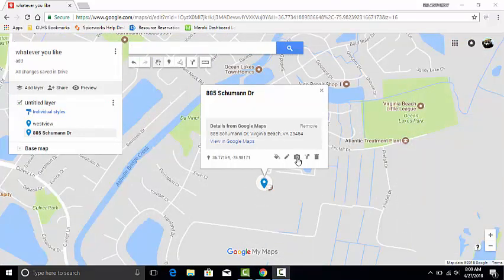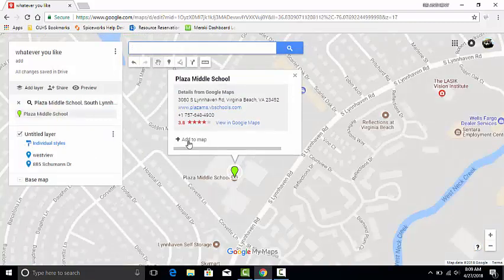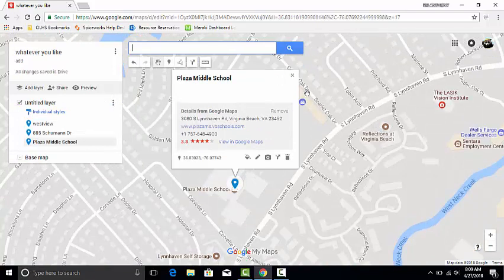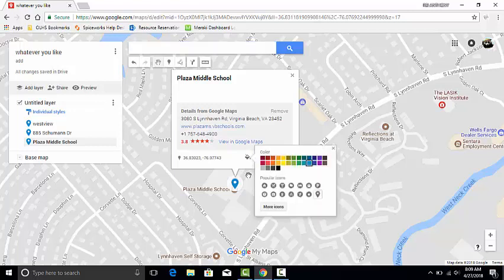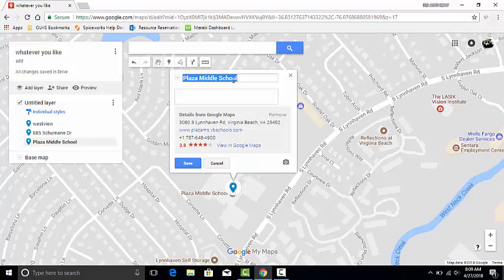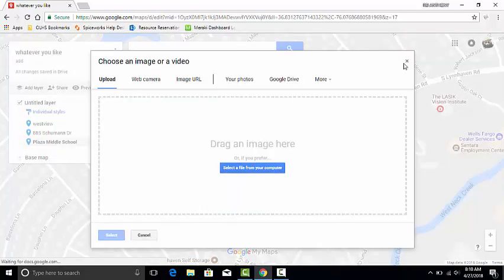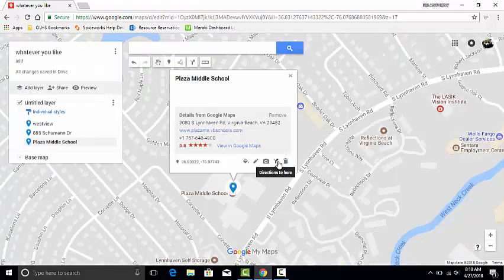So getting to the pinpointing, let's just keep this theme going with schools. Let's say I want to go to Plaza Middle School, and after hitting Plaza Middle School it will take me there. Make sure to click add map again, and you can always edit and do different icons, colors, pictures, and descriptions. Right here is the style. That's where you can change color. Oops, sorry. And this is where you edit. This is where you can edit the title or the description. This is where you can add pictures, and this is just the directions to there,